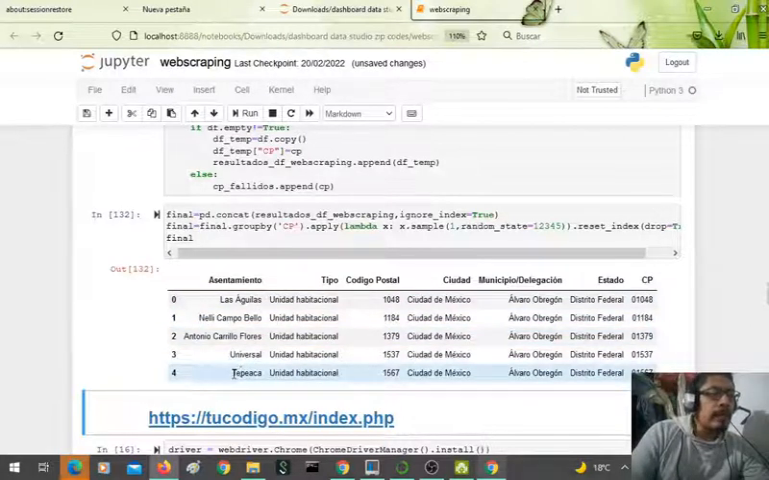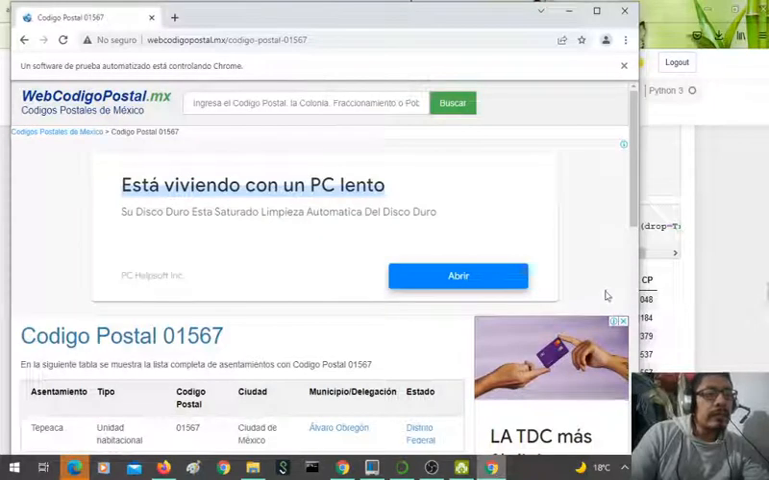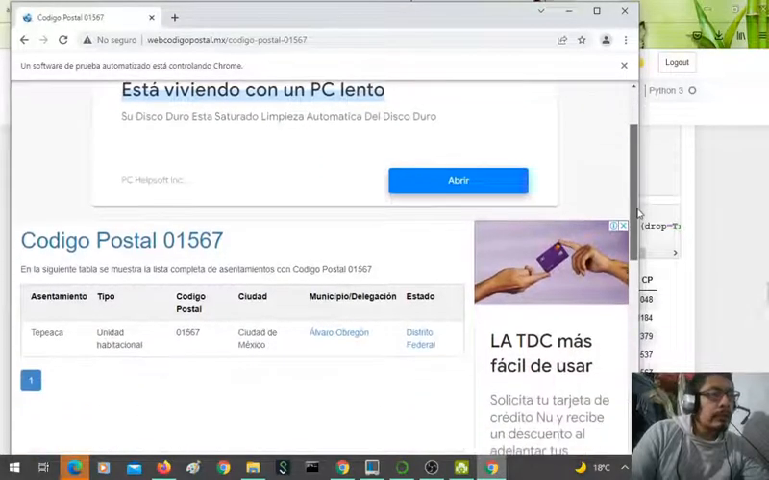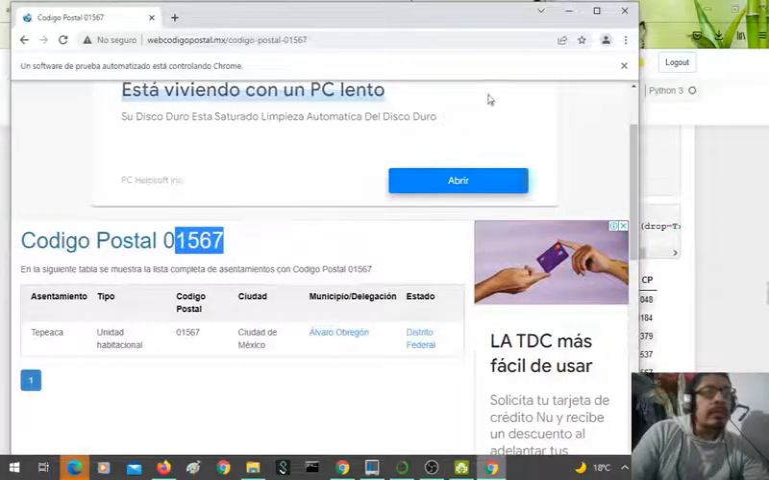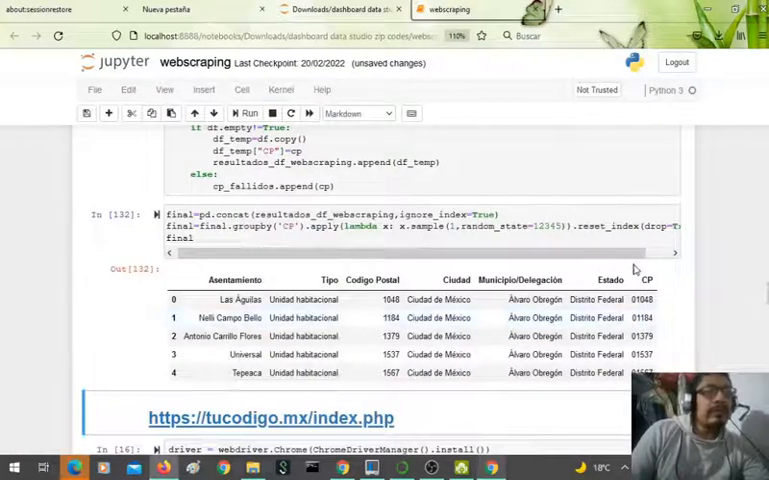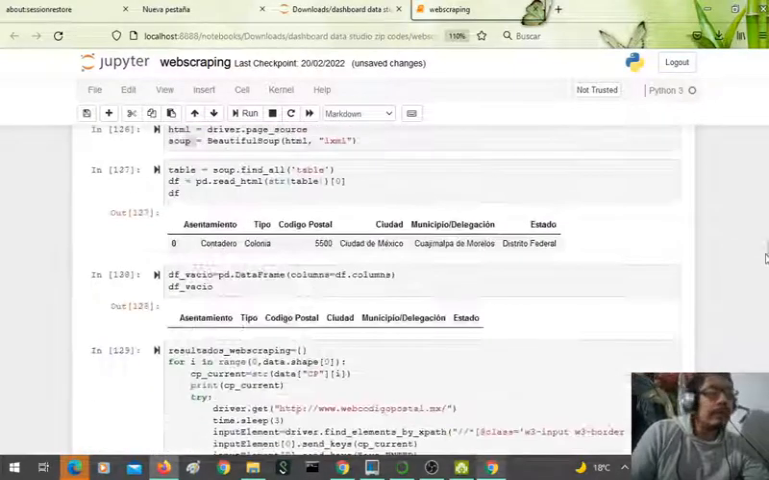So for example, the last zip code was 01567, and if I go back to the website, that is the last zip code that was running automatically. So this is pretty much the example that I wanted to show. I hope you find this useful, and thank you for